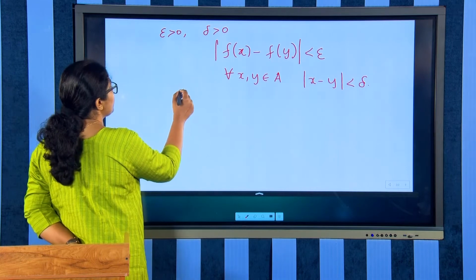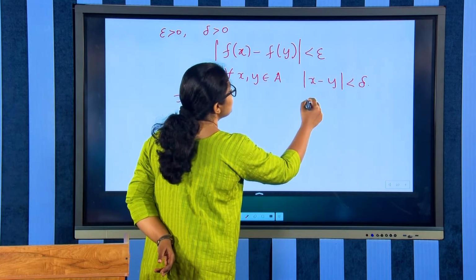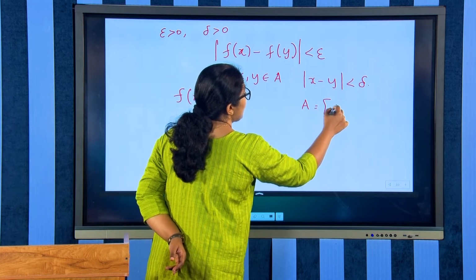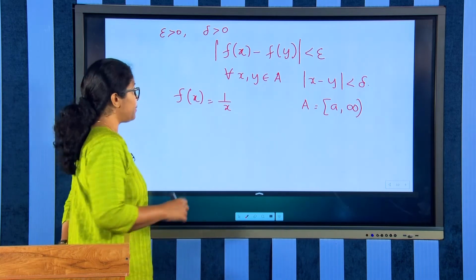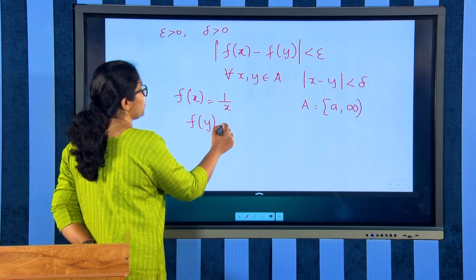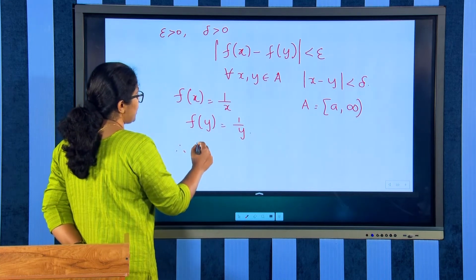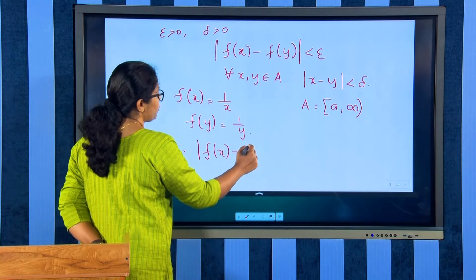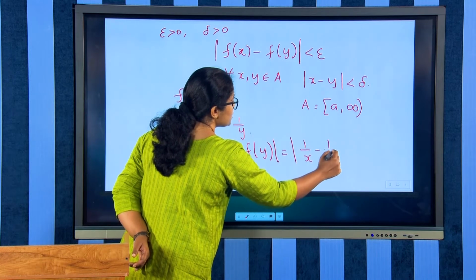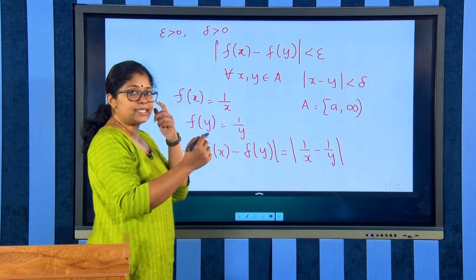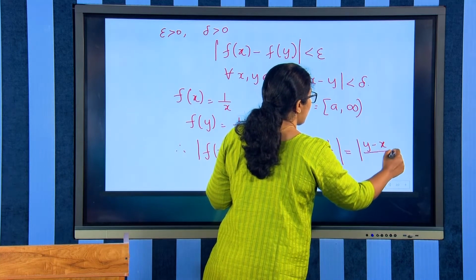So, we are given the function f of x to be 1 by x, and we are given the condition that the domain A is equal to a to infinity. So, f of x is equal to 1 by x and f of y is equal to 1 by y. Therefore, modulus of f of x minus f of y is equal to modulus of 1 by x minus 1 by y, and taking the LCM, we will be getting it is equal to modulus of y minus x upon xy,